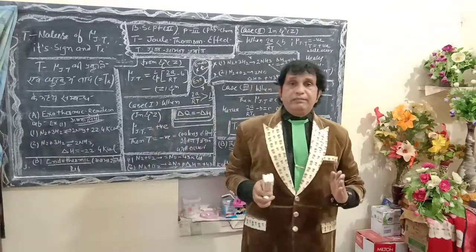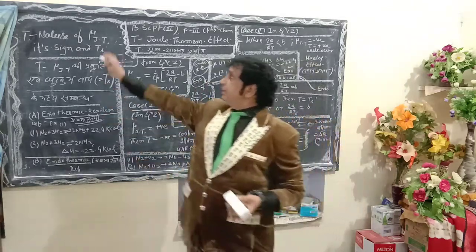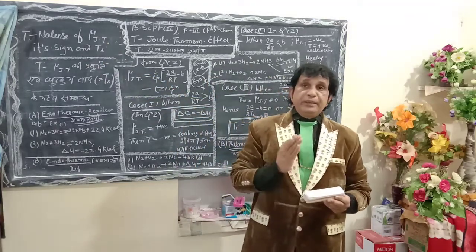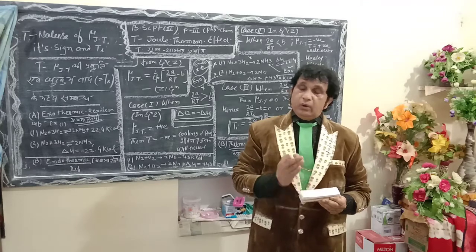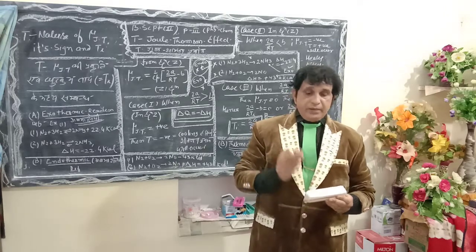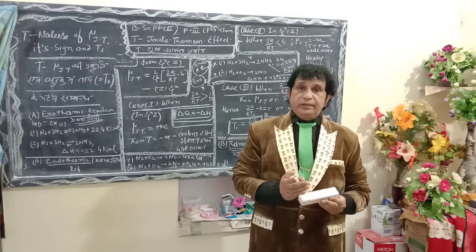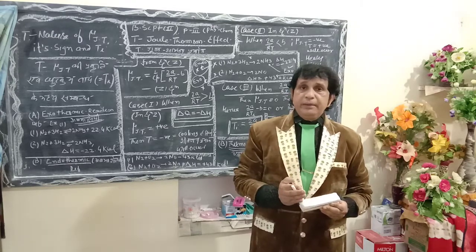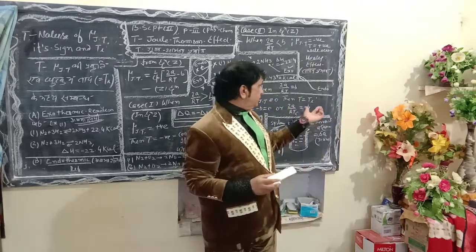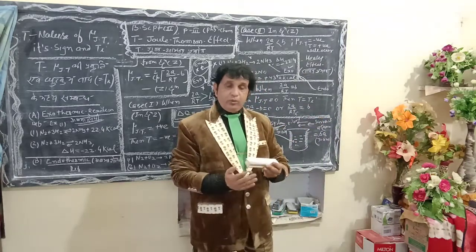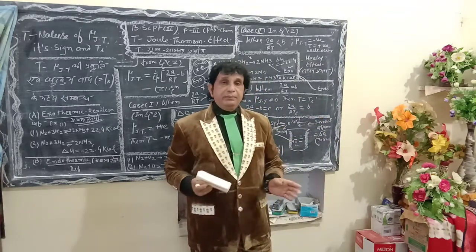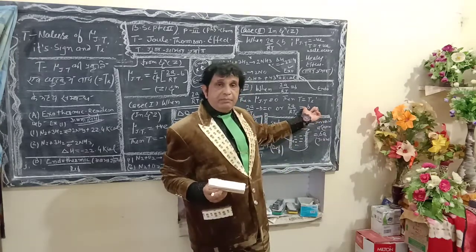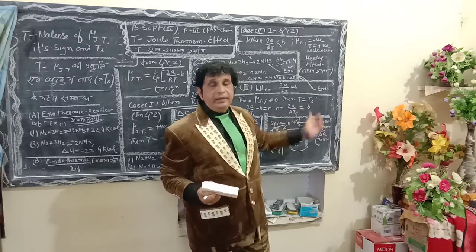now in another way we define μJT. μJT is the coefficient in which neither heating effect nor cooling effect will occur here. Such a coefficient is known as the Joule-Thomson coefficient here. In another way, the temperature at which neither heating effect nor cooling effect will occur is known as the inversion temperature, and is symbolized as Ti.